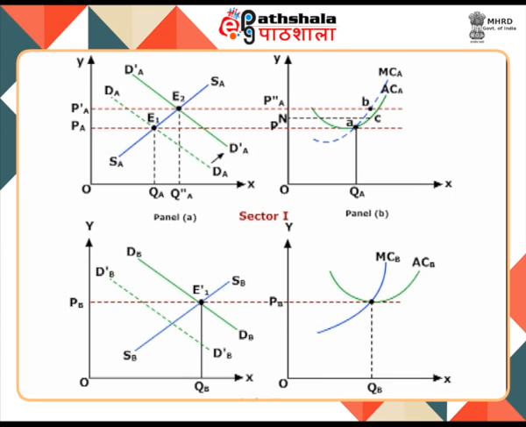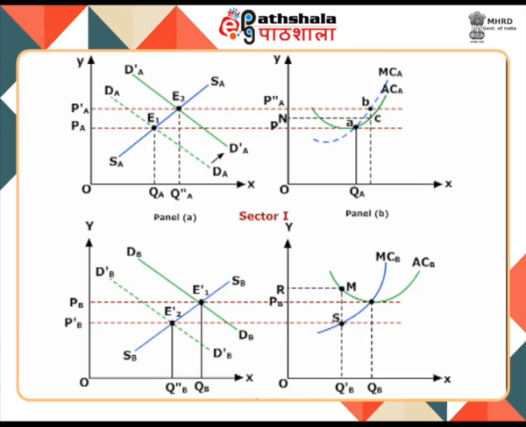On the other hand, in sector 2, the new equilibrium price P-B is lower than the average cost at the output level Q-B. As such, the position is that the firms in industry A are making supernormal profits while firms in industry B are incurring losses. Some firms in industry B are therefore forced to quit the industry and some are induced to transfer their resources